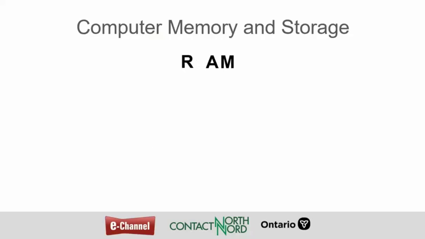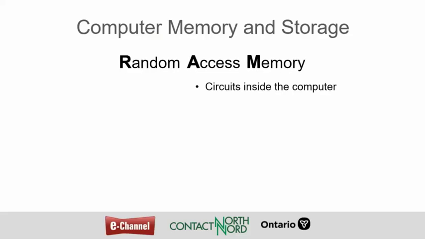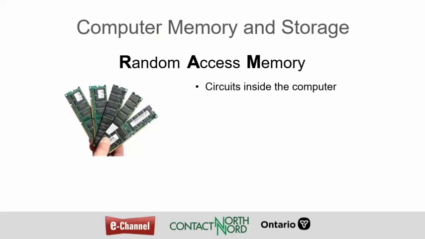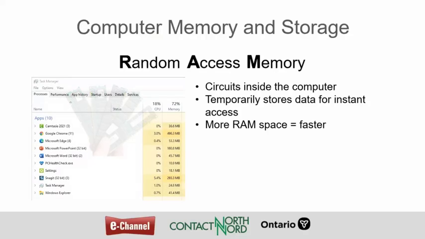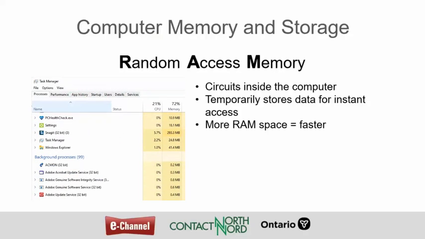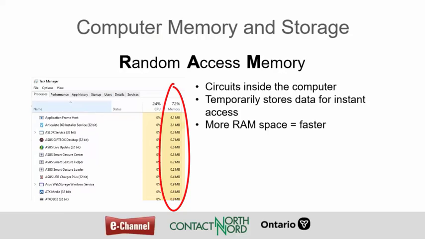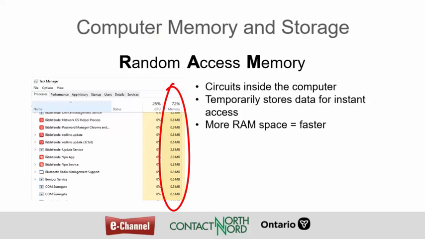Computer memory is called RAM, which is short for Random Access Memory. It is contained on circuits that are installed inside a computer. Information stored in RAM can be accessed almost instantly, but it is only stored there temporarily while the computer needs it, and disappears when the computer is turned off. The more RAM space your computer has, the faster it will run because every open application, program, or internet browser tab consumes RAM, and when you run out of RAM space, the computer must move things around to work, and